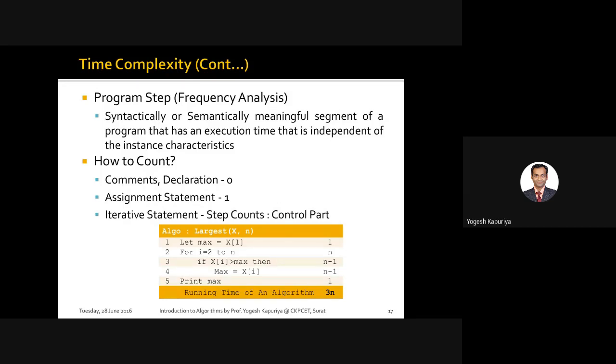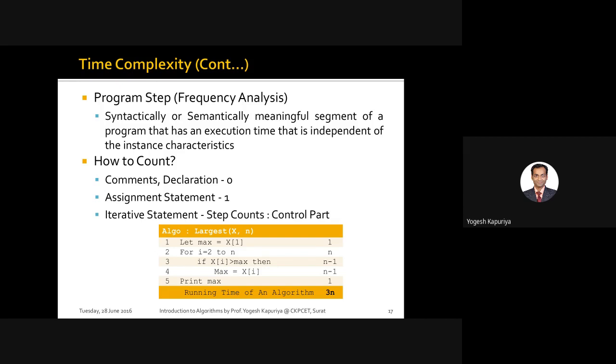First of all, you need to observe the algorithm and just traverse through each statement of that algorithm and find out what is the type of the statement. If that statement is comment or declaration, then step count is 0. If the statement is anything which is in the form of an assignment, A equal to B, A is greater than or equal to B, something which actually performs an operation, let's say you have a switch case and you are writing a break statement.